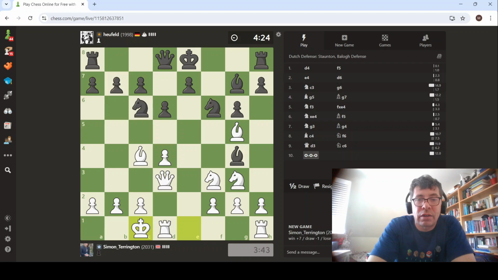I think black has problems working out where to put the king. White might just play king b1 and then... I mean, h4 looks good. h4, h5. h3 looks pretty good. So,